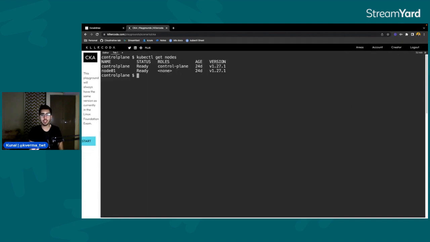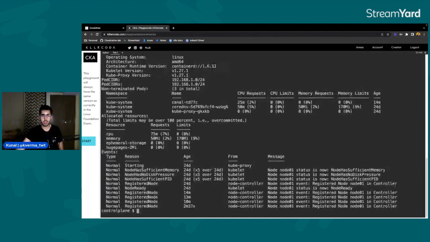Now, if you want to actually see what is running inside your worker node, let us see that. You can do kubectl describe nodes and then the name of the node. We can also do that with the control plane node, but right now we want to do it with the worker node. These are all the activities happening inside your node as of now. The events section shows the events happening inside your node. Kube Proxy is there, and Kubelet is running right now.